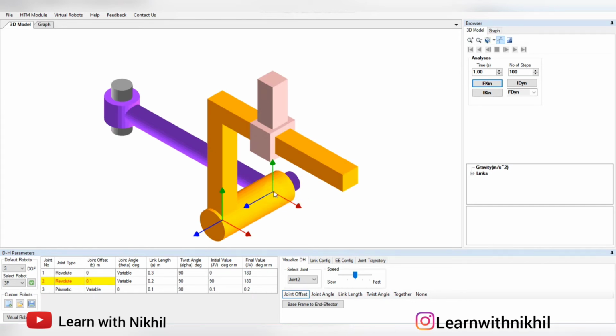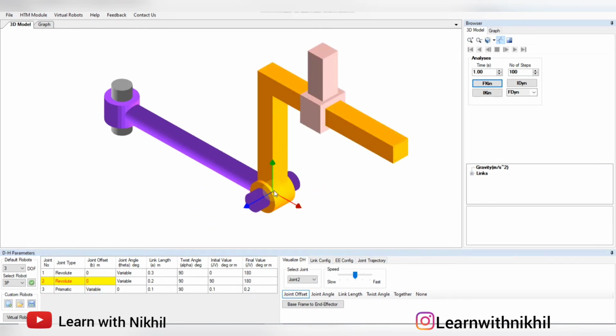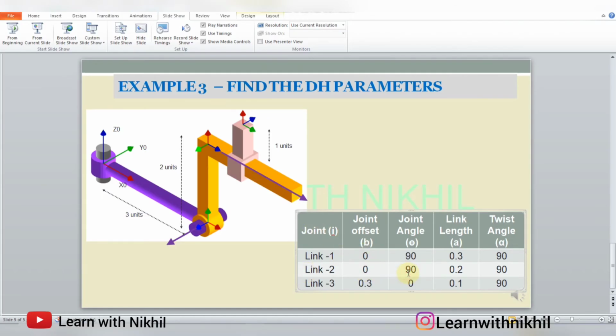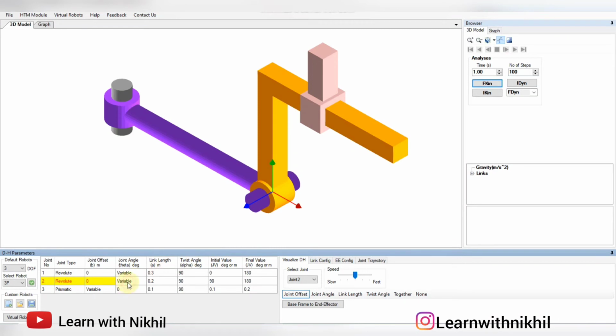Now we have to travel from this point to this point. If the joint offset is changed, it is 0.1. So let's see. If I click here, it has been traveling. But now your joint offset is 0, so it is stable over here. This is again variable. You can change this using the initial and the final values. But in our case, it is 90 as the x-axis was changed. This is 90 degree. As you can see here, we have written 90 degree.